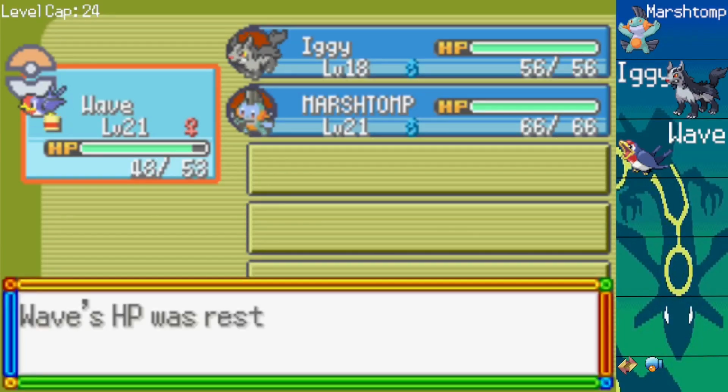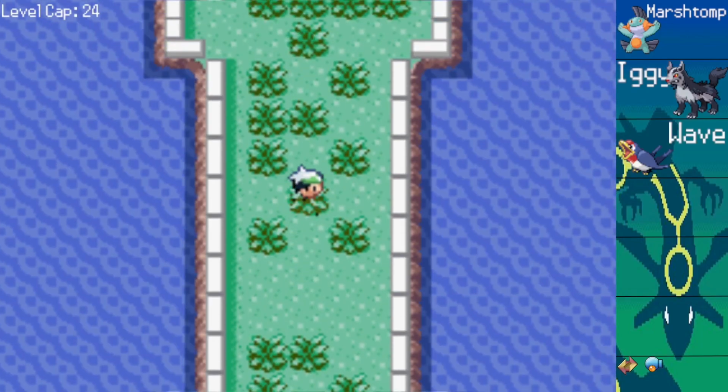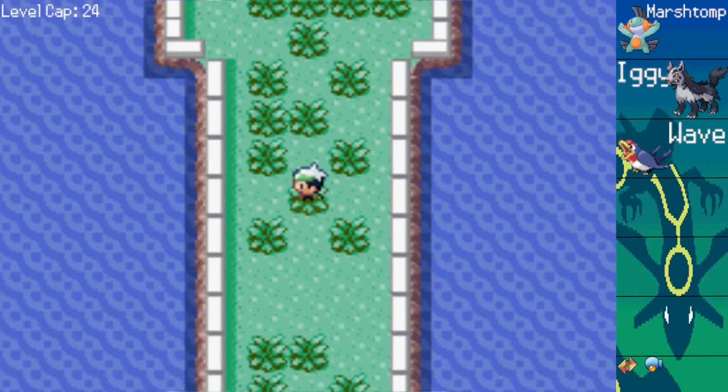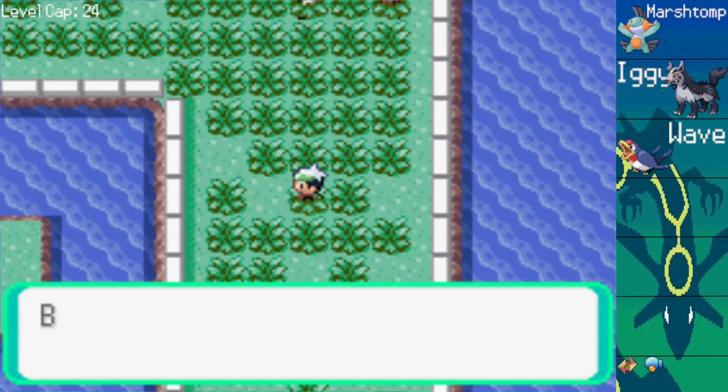Turns up, loses battle, says you should train harder, refuses to elaborate, leaves. Okay, so now, does the item finder do anything for me here? Nope, there's no response. Honestly, I feel like some of these...